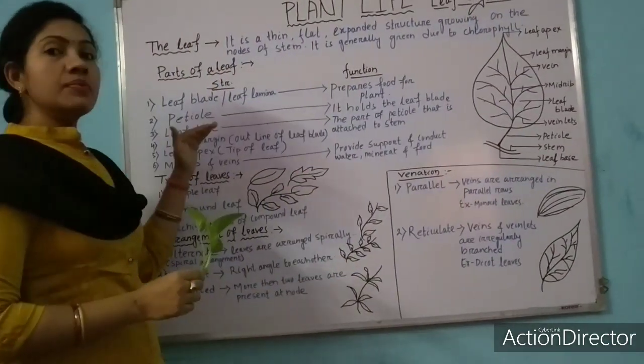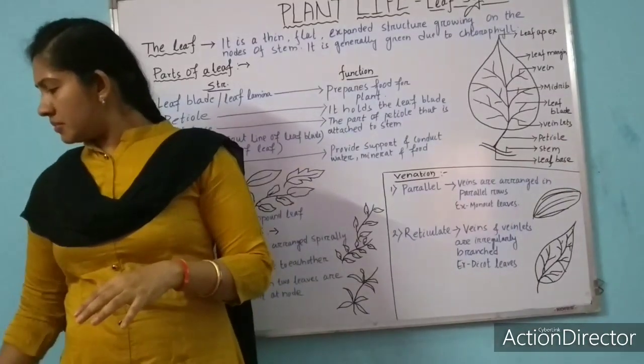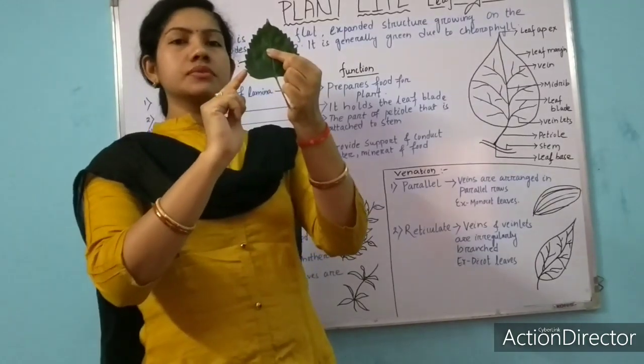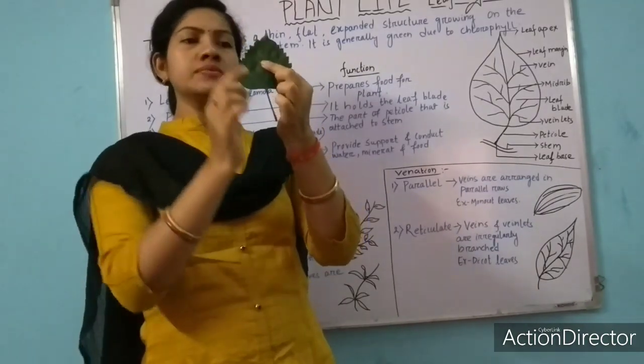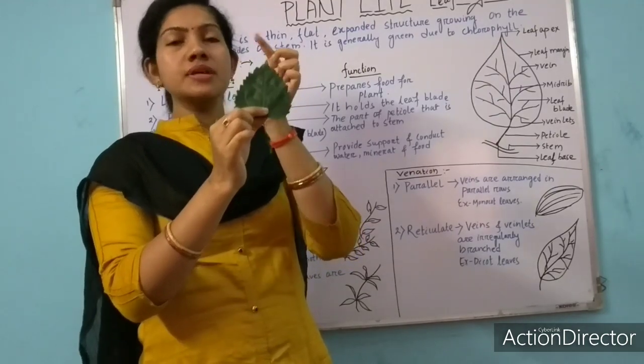Next, leaf margin. Very simple. What is margin? Margin means the outline. The outline of a leaf. You can see the outline of this leaf. This is the outline. The outline of a leaf we call it as